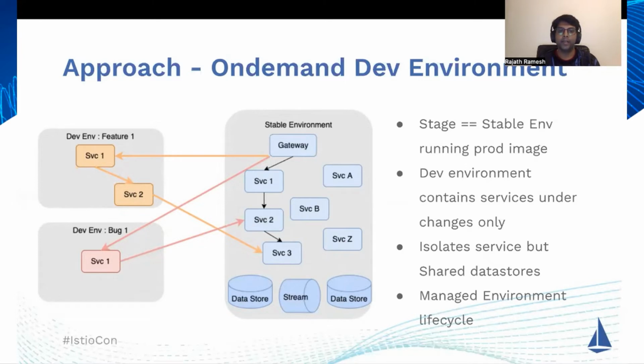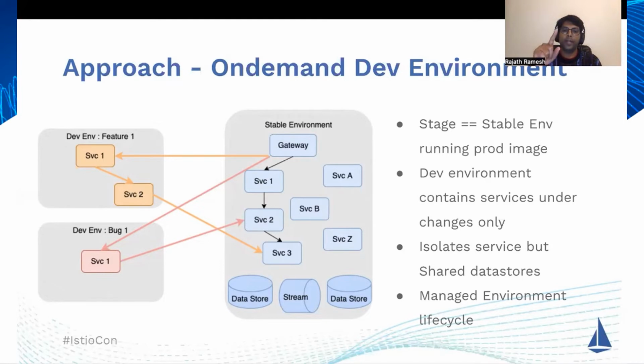Let me explain it with an example. Without any changes, we have a stable environment. We can call it staging for this discussion. All the services here had a prod container, which is derived from the master branch, and they are quite stable. Now we want to develop feature one that requires changes in service one and two. We create a feature environment and deploy only the changed services in parallel. And whenever we want to test this particular feature,